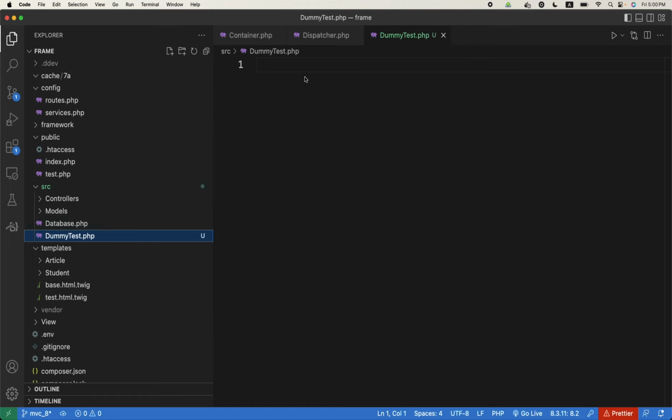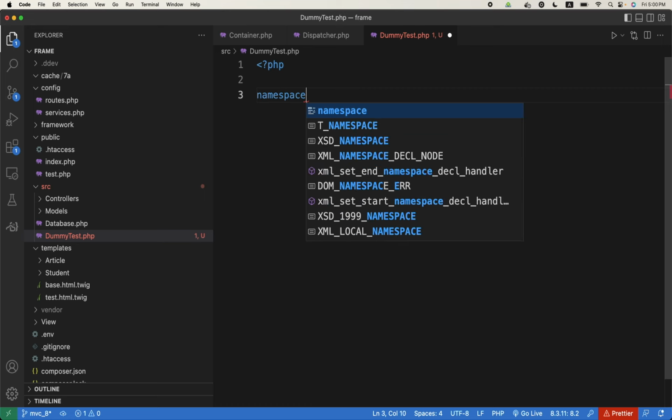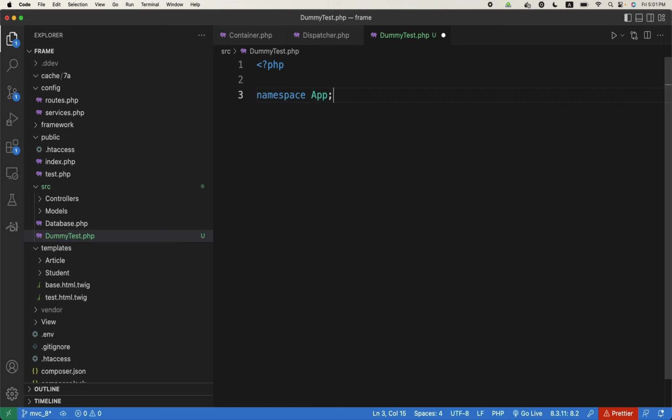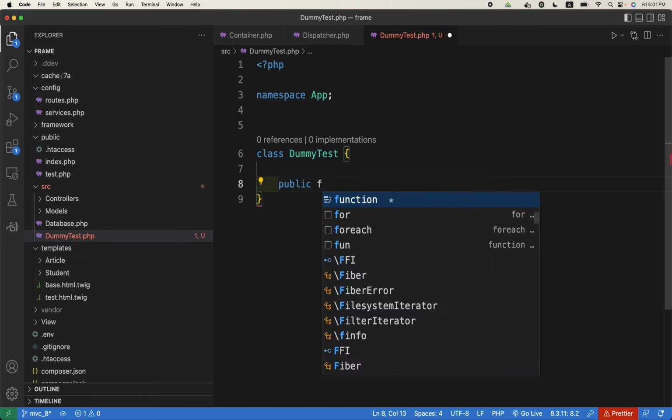Here the namespace will be app, because we are doing it directly inside the source directory. And then the class, here in the constructor of the class,